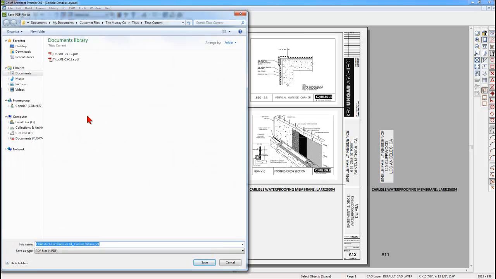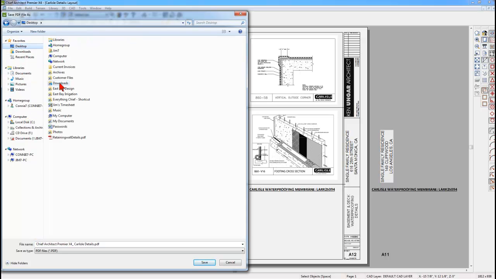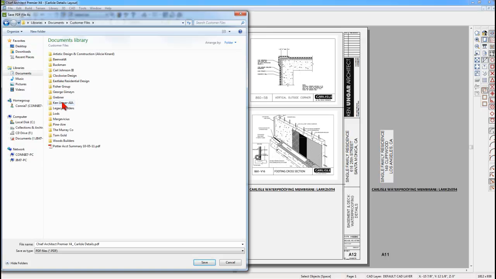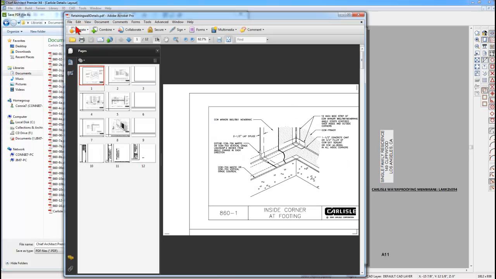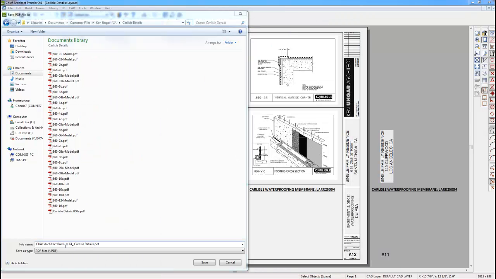Then you get a place to name it and assign it. And we'll just put it into Carlisle. See, what did you have that PDF named? We'll just keep it the same name here. Retaining wall details. Okay, so I'll just do that here. Okay, retaining wall